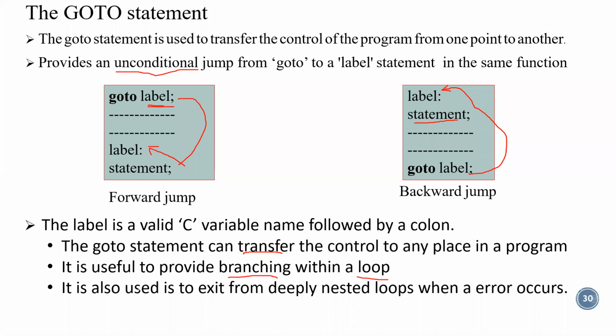We have certain looping statements. In this chapter we studied only branching statements. In the next chapter we will be studying the looping statements. In those looping statements, using while, do while, for loop, if you want to have branching, you can do it with the go to label. So in that chapter also, we will be seeing the go to statement. It is useful to exit from a deeply nested loop. When we study the loops, we can understand that in order to exit from a particular loop, which may work indefinitely if it is becoming an indefinite loop.